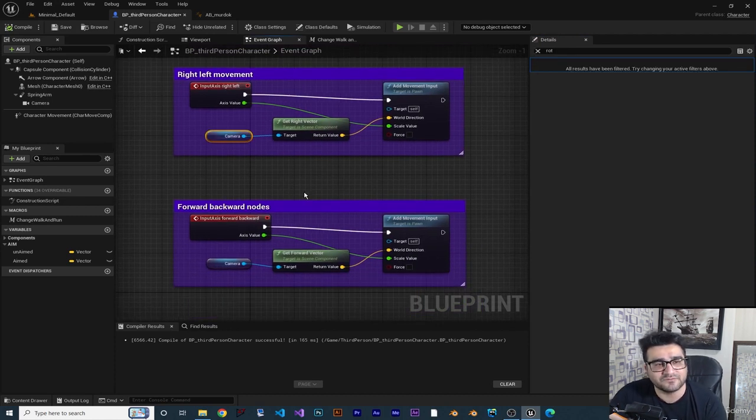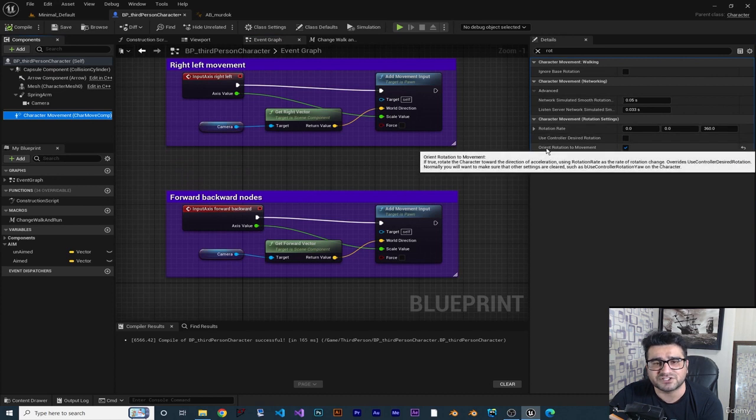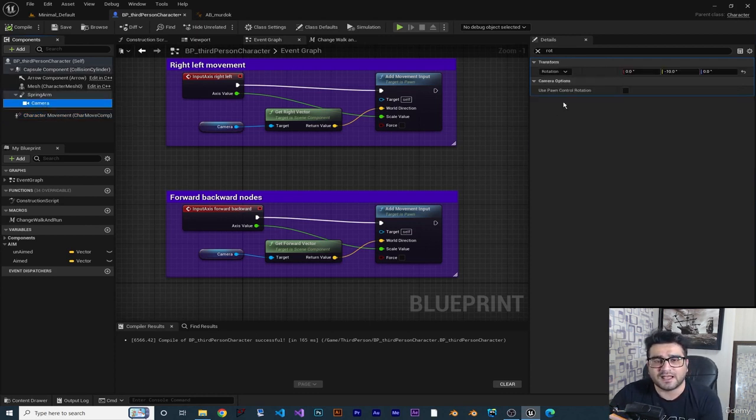First of all, we get the forward vector and right vector from the camera, and we add movement alongside those forward and right vectors, right? Next, we went to character movement and changed the orient rotation to movement. So wherever we are moving, we orient our mesh or our character to that movement. Next, we went to the camera and we disabled use pawn control rotation because we don't want to rotate our